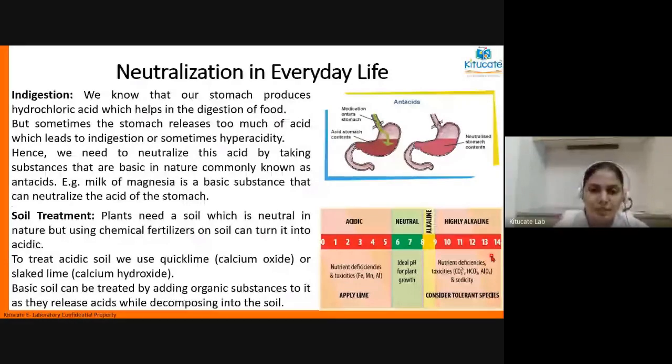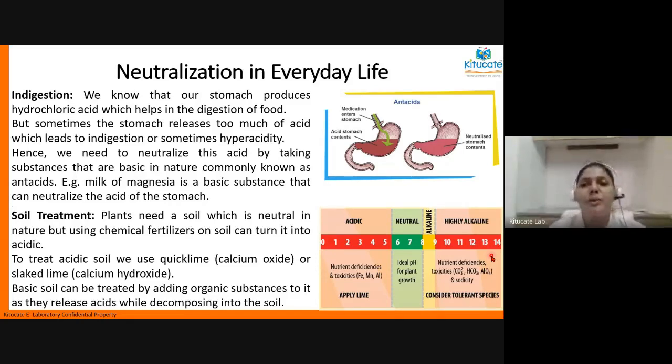By taking a base. Okay, we saw that to neutralize acid, you can do it only by adding a base. So all these medicines that we take in order to cure the hyperacidity are different types of alkali. Okay, alkali is another name for base. Now, depending upon how severe the acidity is, the strength of the alkali will change. That's why we have many types of antacids available in the market. Some give you instant relief, some work over a longer period of time. So there are different types of antacids.